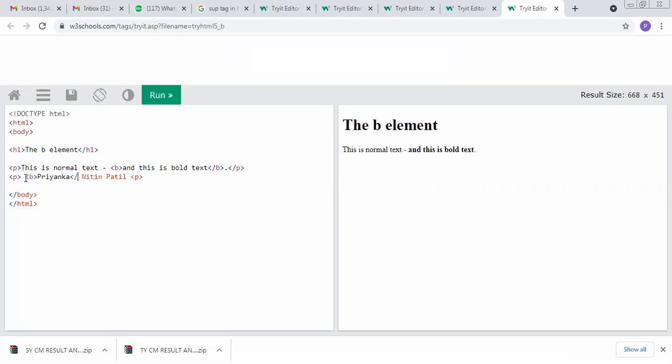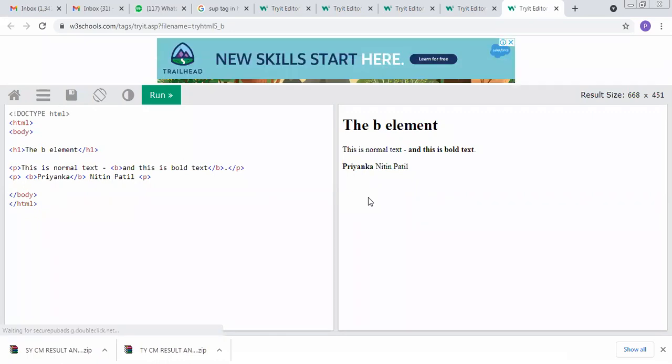Here we have to end that B tag. Here is the reflection. Priyanka is displayed in bold, and Nitin Patil is displayed in the normal font size. This is the example of the B tag.